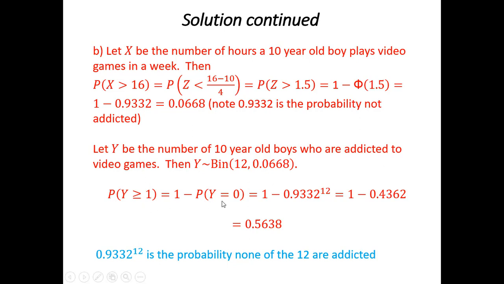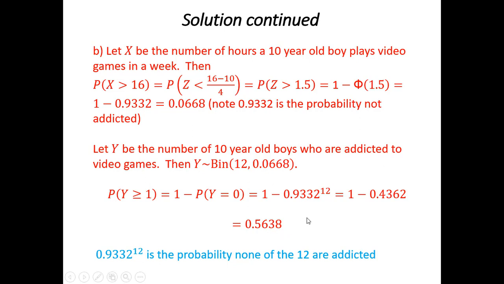So the probability that none of the 12 are addicted, we could get by thinking in terms of 0.9332 as the probability that one boy isn't addicted. But if I have all 12, and we're assuming independence, the probability that none of the 12 are addicted is 0.9332 to the 12th power. So we could work out this calculation 1 minus 0.9332 to the 12th. All right, this expression simplifies to 0.4362. Do the subtraction, we get our answer